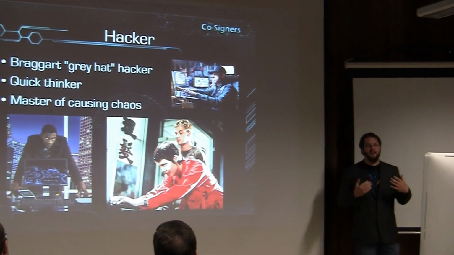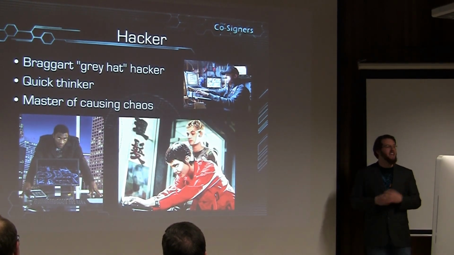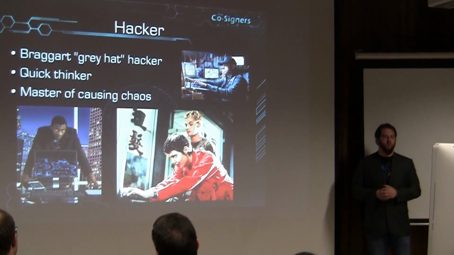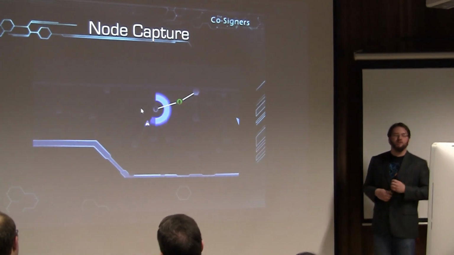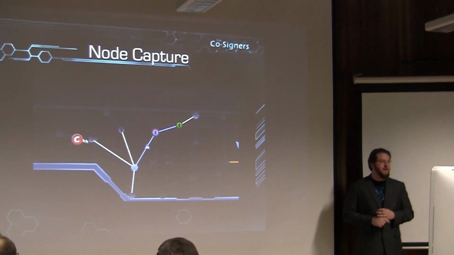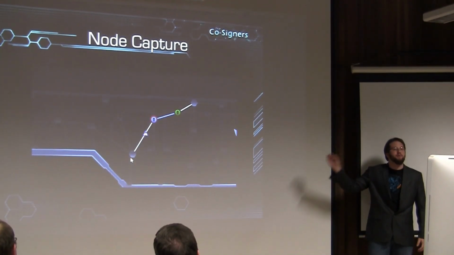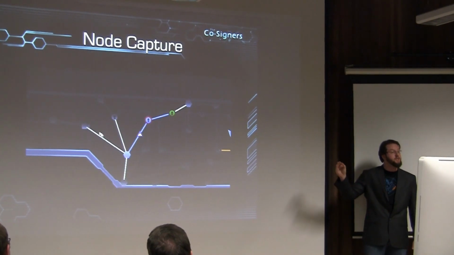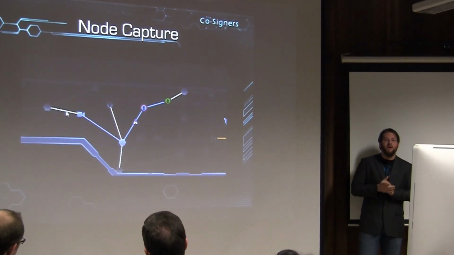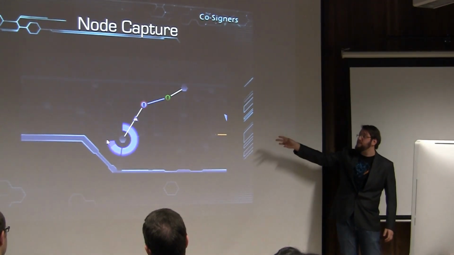First of all, there's the hacker. The hacker is a confident gray hat hacker who thrives under pressure and loves to use their skills to cause chaos in the world. Now their main function in the gameplay is to help guide the point man throughout the Department of Education. How they do that is they roam the Department of Education's computer network, capturing and manipulating data nodes. Now, in order to capture a data node, you actually need to access a node that's adjacent to a node you previously had, as you see